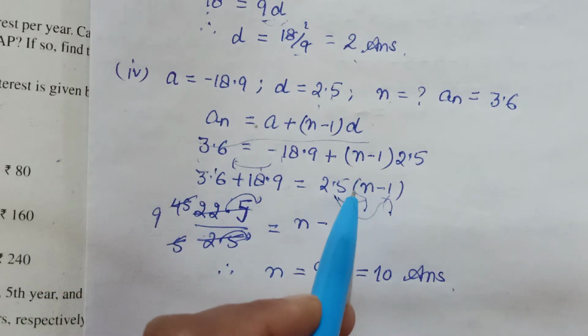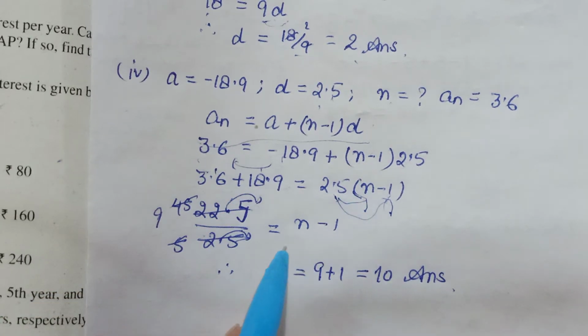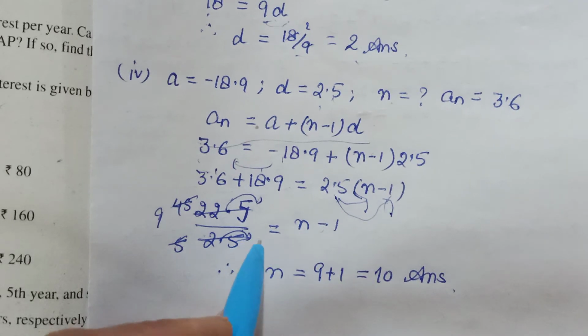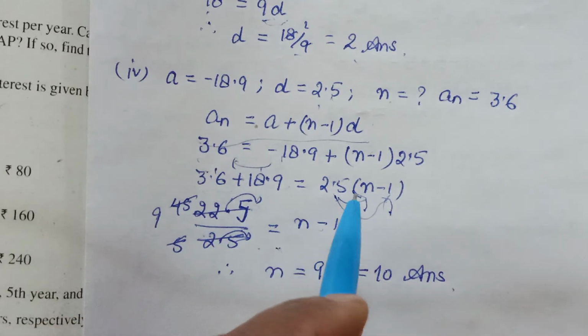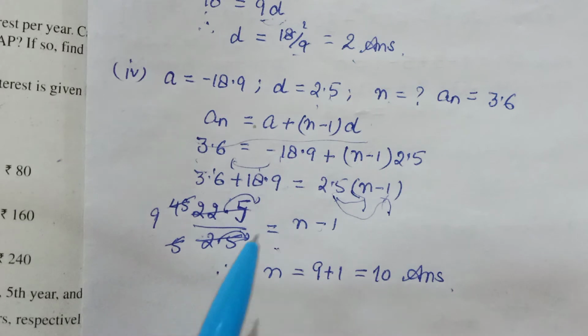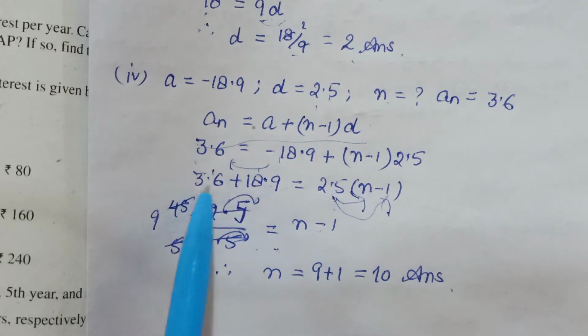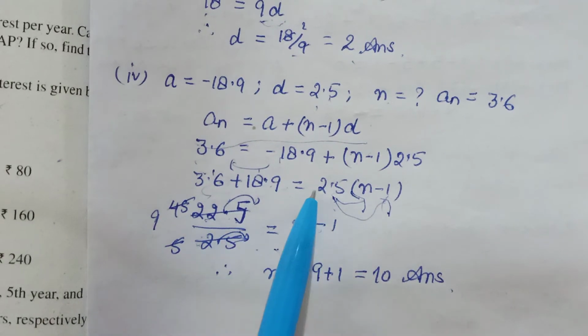So when you know you have to find n, you leave this bracket as it is and do the division first, and then take this 1 to the other side. That will be easier. Anyway, the choice is yours. If you want to do it by distribution, you may. So anyways, what I have done here is the addition of this that came out to be 22.5 will be divided